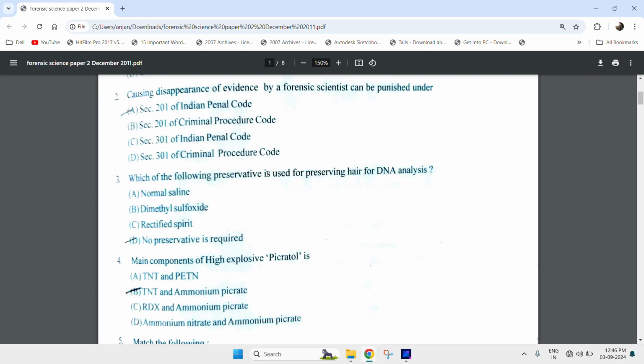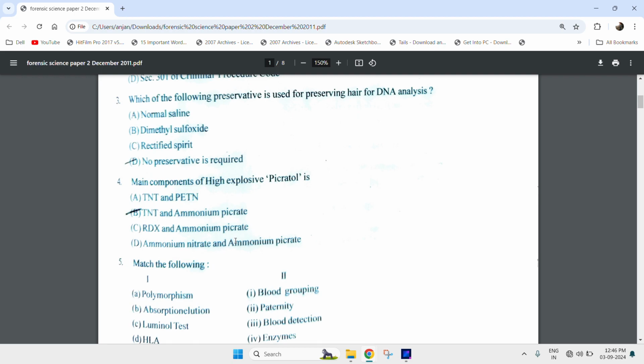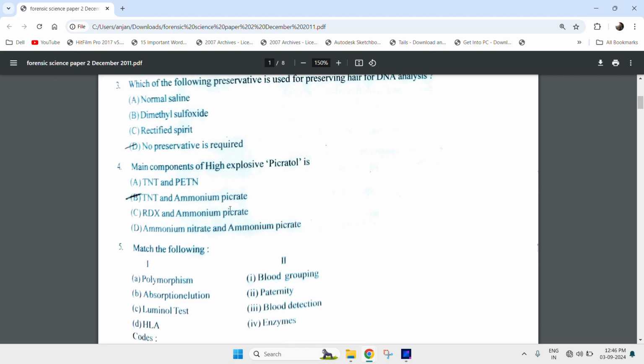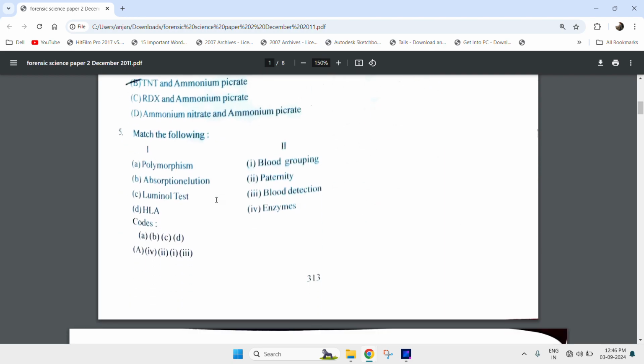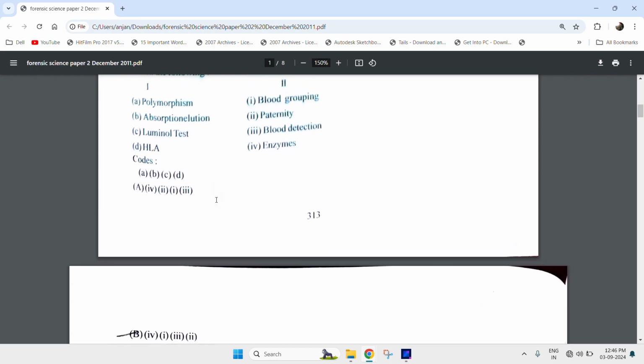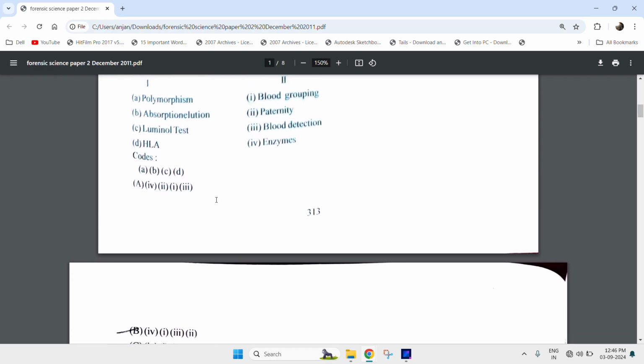Which of the following preservatives is used for preserving hair for DNA analysis? No preservative is required. The main component of the high explosive picratol is TNT and ammonium picrate. Match the following. Polymorphism, enzyme,